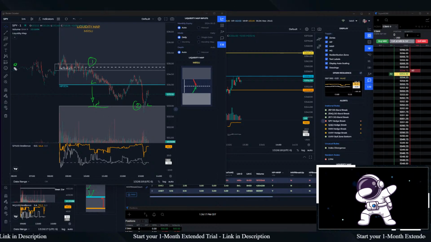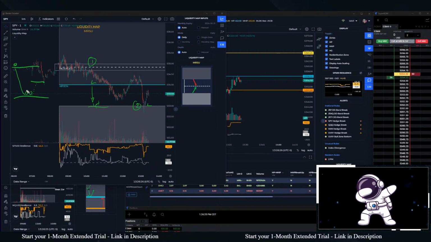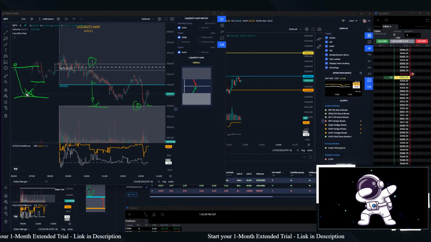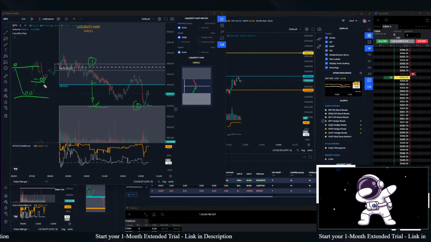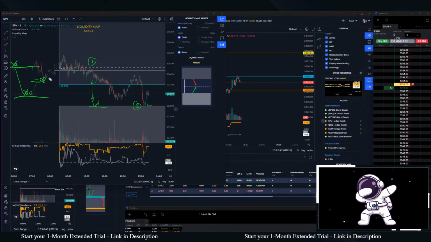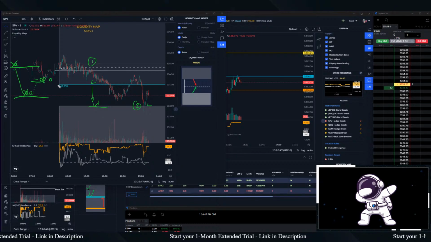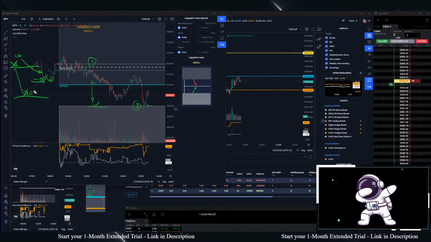Anytime I long at a support and I long again at a stronger support, more often than not, in the middle, I'm at least closing out 2. If I buy 1 and buy 2 more and I go here, I close out 2. So it's really closing out this one and closing out this one. And now I have my original position of 1 with a cost basis here. So I took this cost basis and lowered it to here. Made a little bit of money along the way.